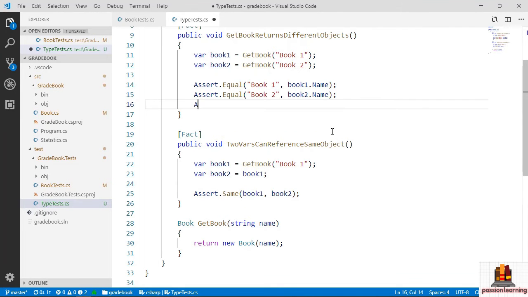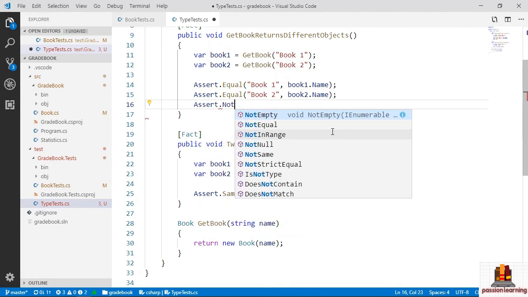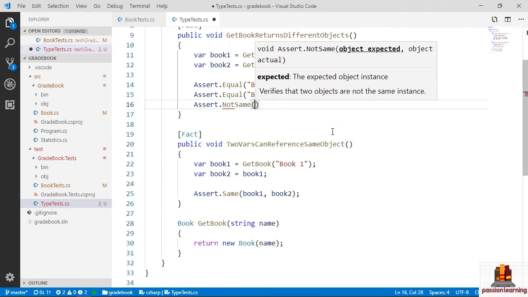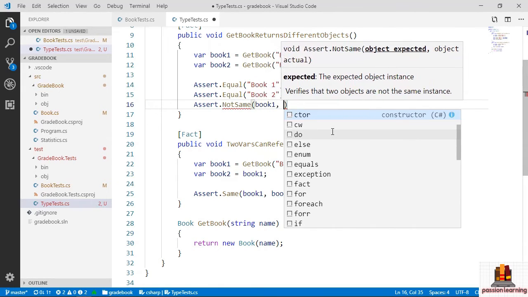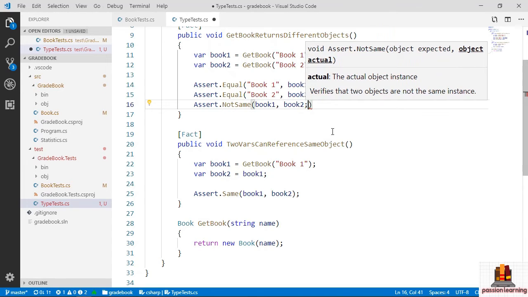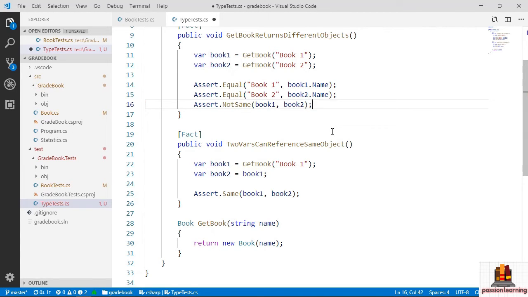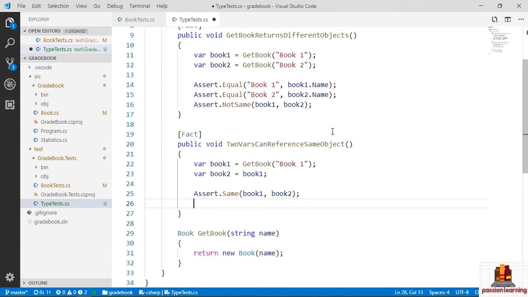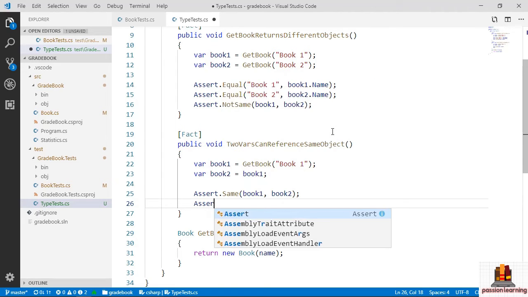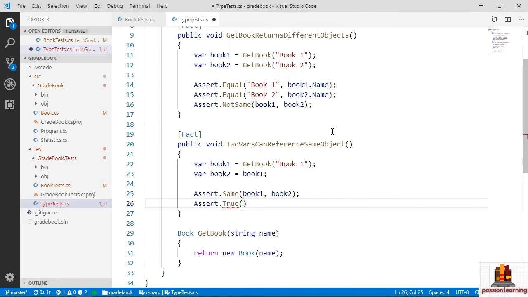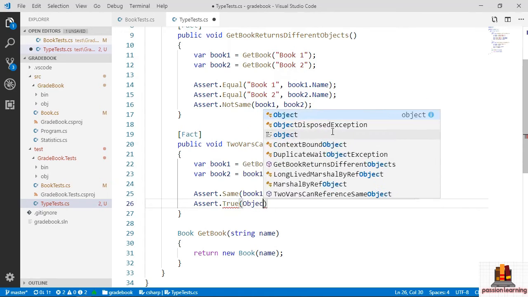Like up here, I could say that I want to assert that book1 and book2 are not the same. We know that these are two different objects because they contain two different names. But we want to test if assert.same is true, and then I want you to write one additional assert. Assert.same is really behind the scenes doing something similar to this. It's asserting that